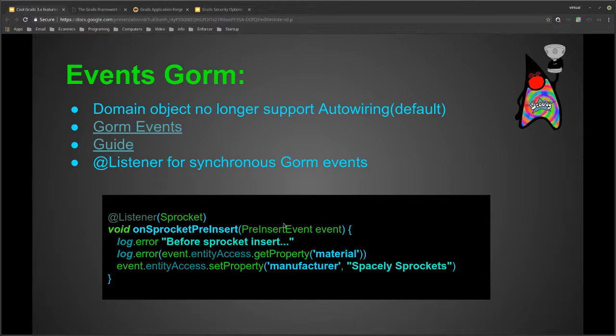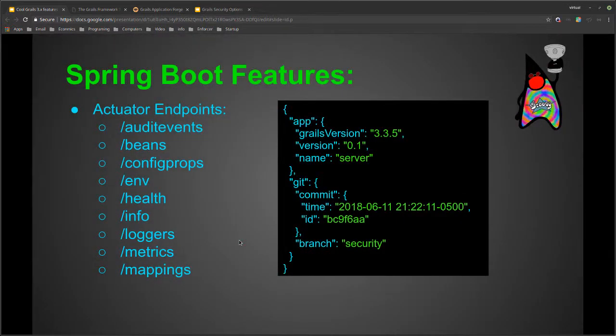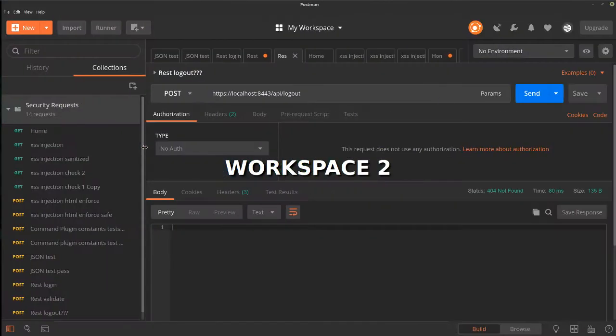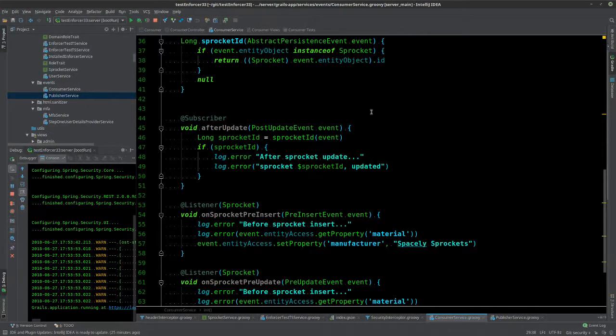So, talked about the GORM events, and there's a link to the guide. So Spring Boot features. These I'll actually demonstrate. Spring Boot adds a whole bunch of URLs. You have to actually enable these because by default Grails doesn't enable them, and you'll have to go into your configuration to add them for security.